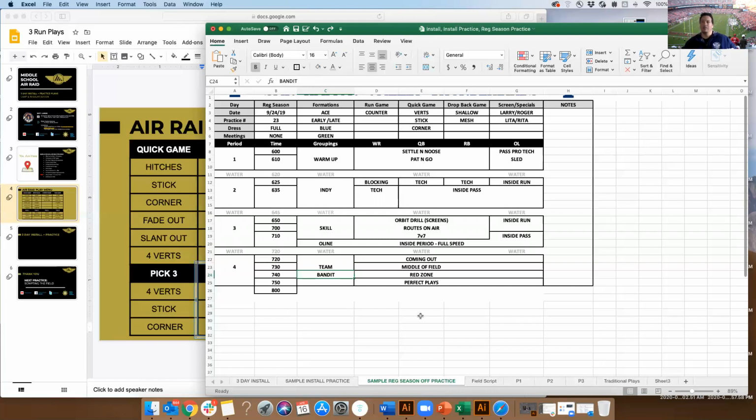Okay, so we'll come out and run the length of the field, do a couple plays coming out, a bunch of plays in the middle of the field. That's all scripted, and then red zone plays, all about 10 minutes each. And then the last 10 minutes, we're just going to go as many reps as possible without a defense. Again, it's scripted up and down the field with various teams rotating in players. And this last bandit period is basically our